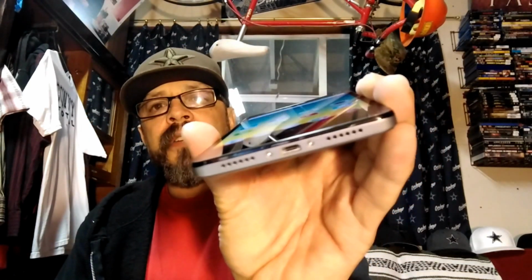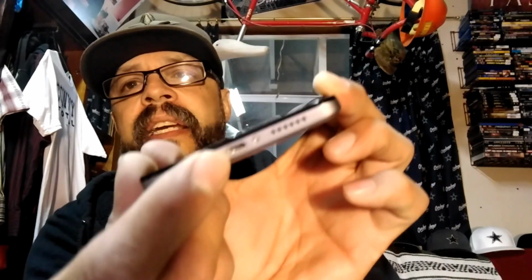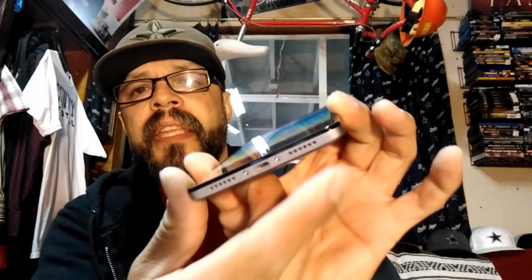And then you got your bottom speaker down there and your USB charging port area down there. And I like the little metal screws in there. It's really nice. So one of these is a speaker and one of them is for when you're talking. Yeah, you're making phone calls. Hey, what's up? What's going on? Anyway, so far, as far as phone quality and messaging, haven't had anything going on there yet, because today